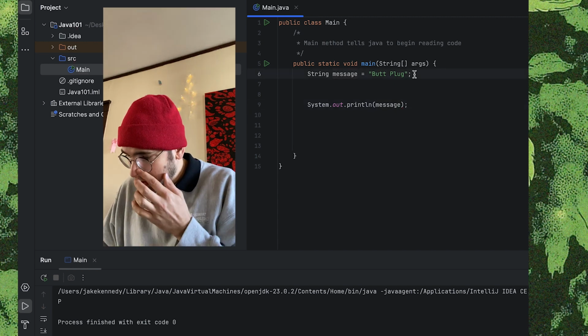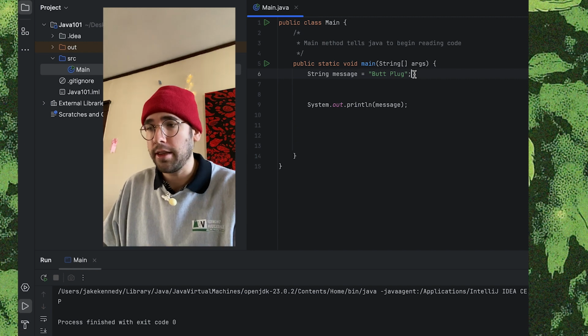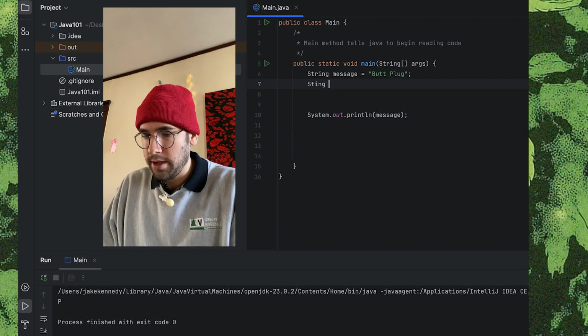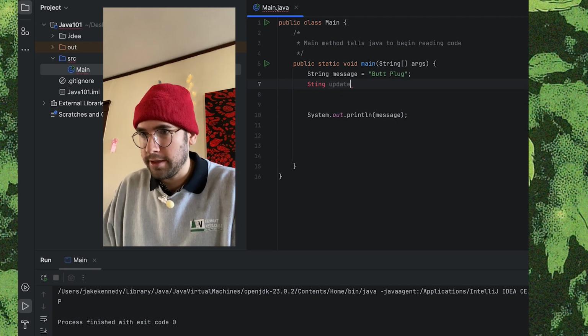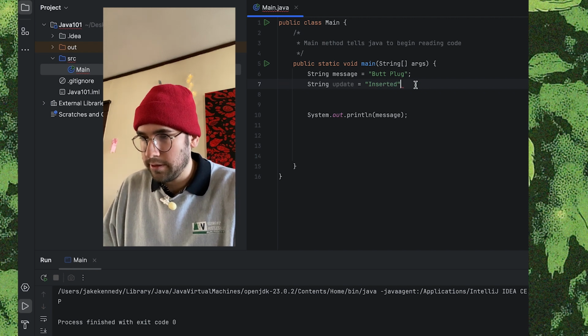So now we're going to make our update for the string, and then we're going to make a substring. So string update. Dude, I always misspell that. That needs to be fixed. Inserted. Okay, and colon.